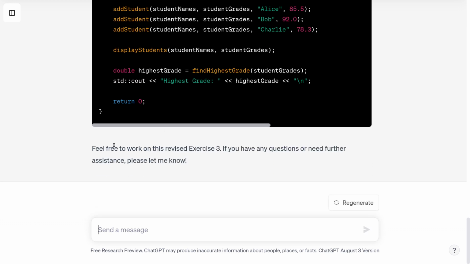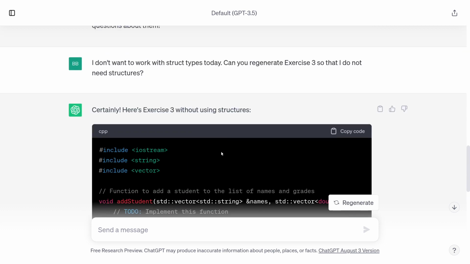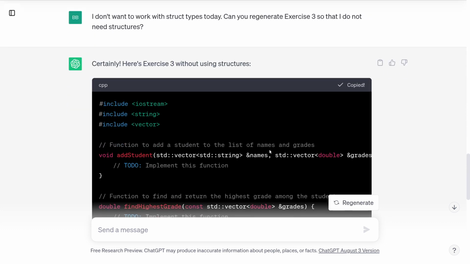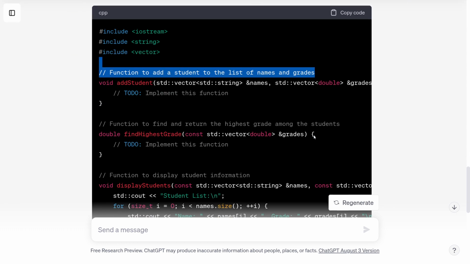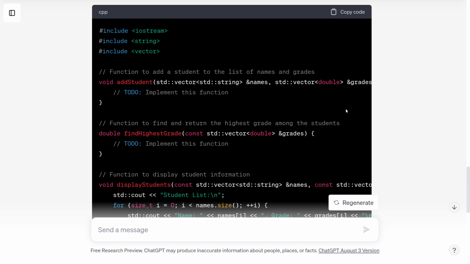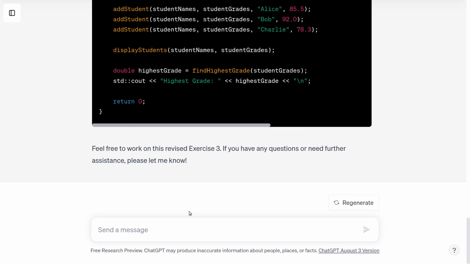Feel free to work on this revised exercise 3. Well, I'm glad it gave me permission. So I'm going to copy this code. Maybe before I do, these function descriptions are a little bit vague, and I have a feeling I might want to come back and ask a clarifying question if I go with just that. So I'm going to say, that looks great. Can you regenerate the template with a header comment before each function